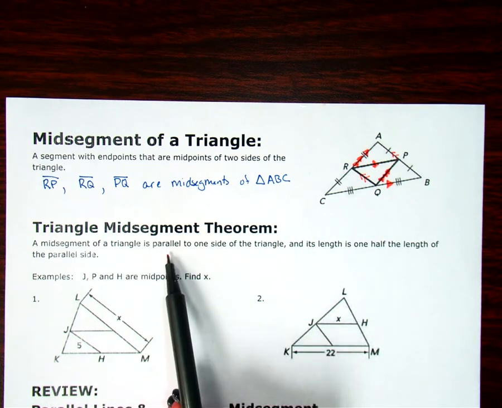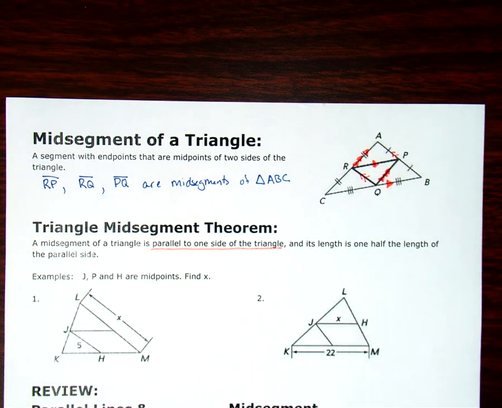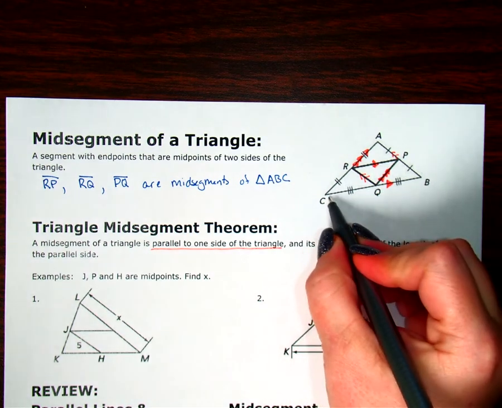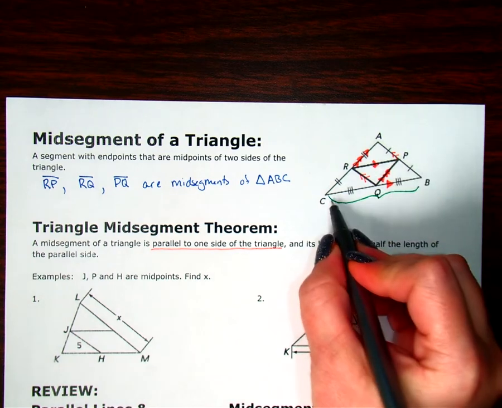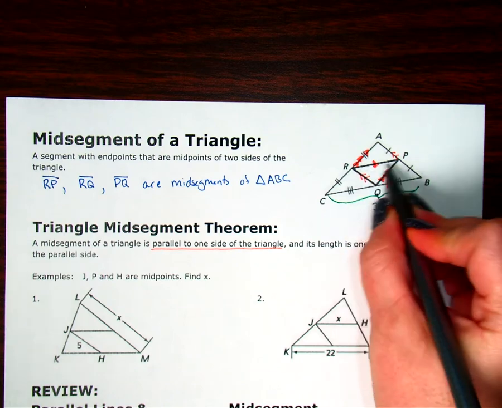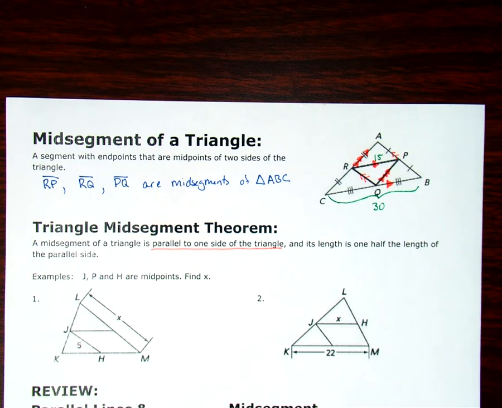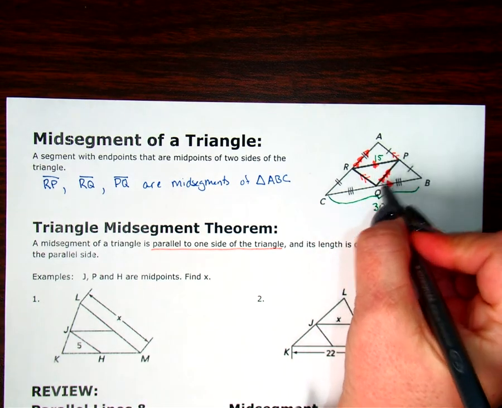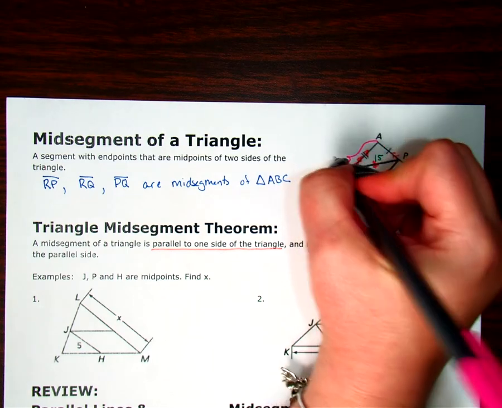The mid-segment is not only parallel to the side that it's not intersecting, its length is 1/2 the length of the parallel side. So for example, what that means is if I know how far it is from B to C, I know R to P will be half of that. So let's say this whole distance was, let's say it's 30. Then this distance here would be half of that, 15. Okay? And you can work backwards. If you know how big the little tiny mid-segment is, let's say I know that this piece here was 12. Then that means it was half of this one over here, so this whole side would be